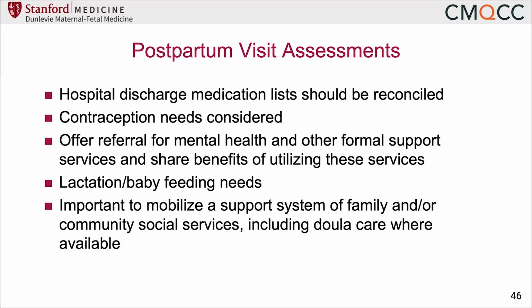So is there anything that we can be forward thinking about? Did this patient receive a ton of fluid and now there's going to be possibly engorgement issues with lactation services, and how can they think about that ahead of time? So really kind of looping in lactation, not only in the hospital pre-discharge, but how we refer patients out. And it's important to mobilize that family support system, any community social services, again, which will vary from town to town or county to county.